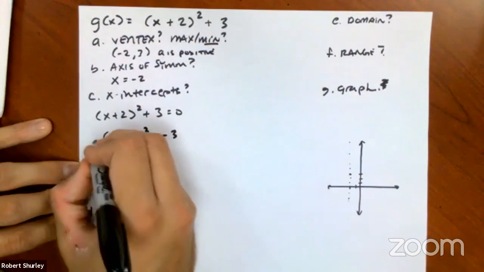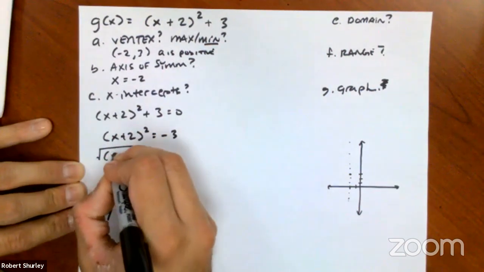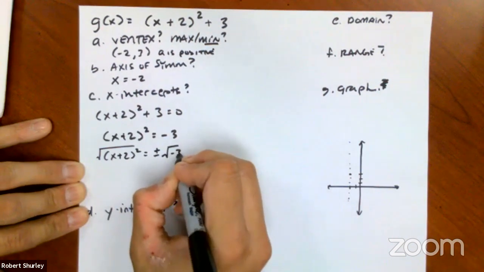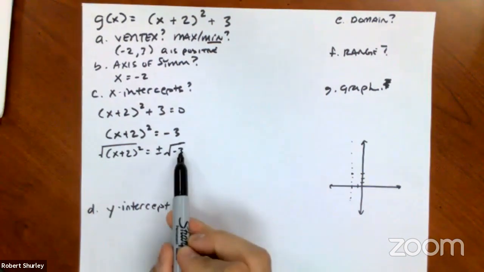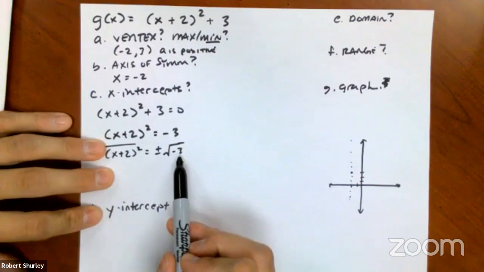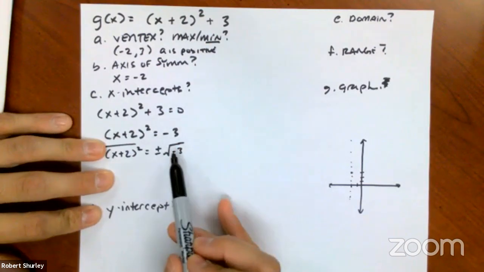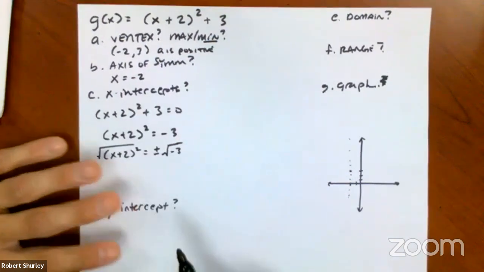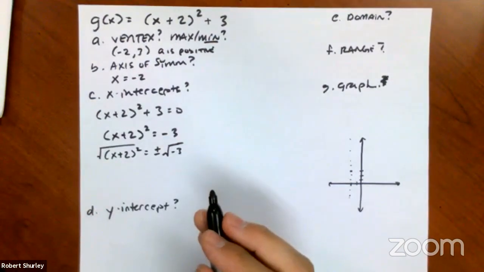We take the square root of both sides, attach the plus or minus, okay? What you'll notice is you end up with an imaginary number here. The square root of a negative is imaginary. So what that means is we do not have a real intercept, okay? We could stop here. I'm going to solve this one out